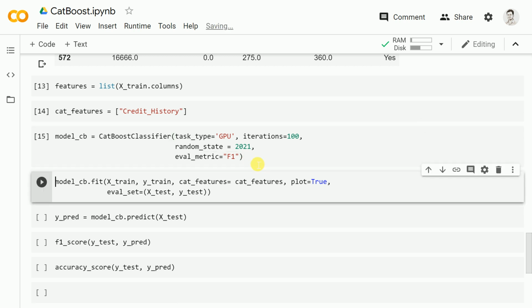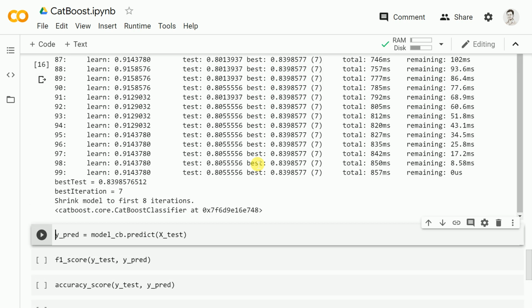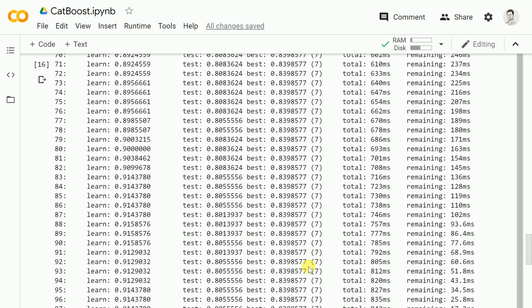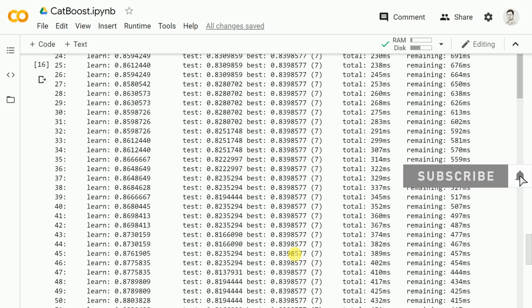Now once you've created the instance, you have to pass in the values of the training dataset, that is your X train, Y train. And you evaluate it using your X test and Y test. You can also do a k-fold cross validation, so you can go through the website that they've created. So I'll run this cell to fit the dataset. And you will also see quickly how the losses are optimized to come up with the most efficient model. So the model is optimized for a better F1 score and not just for the accuracy piece. So you can see the results for every iteration that CatBoost ran on.